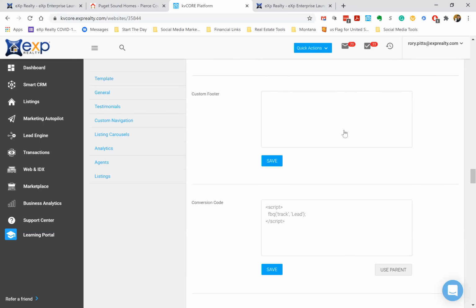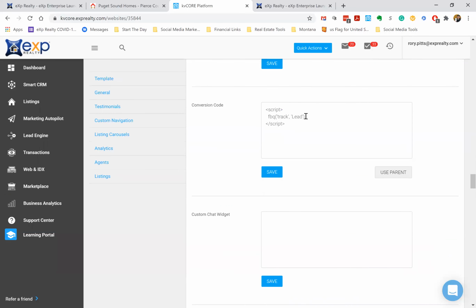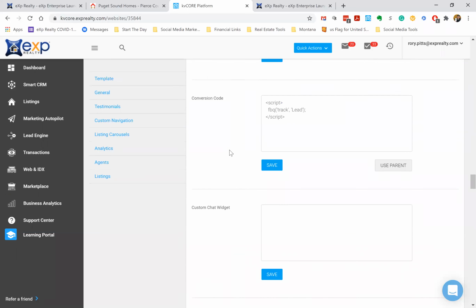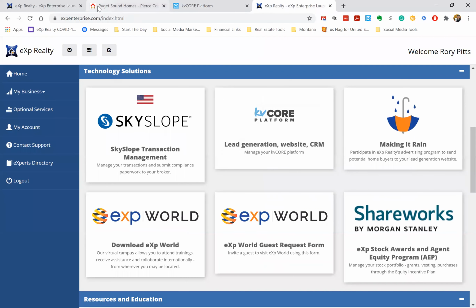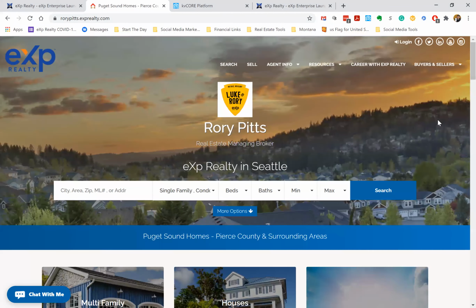Nothing in custom body, nothing in custom footer. Conversion code, we don't have, I don't know what that is, but it might have already been there. Facebook username for chat. So when you have your business page set up, you want to put your name in there, because when someone wants to chat with you,